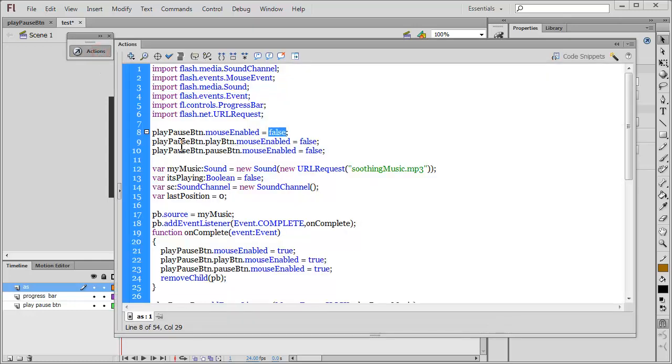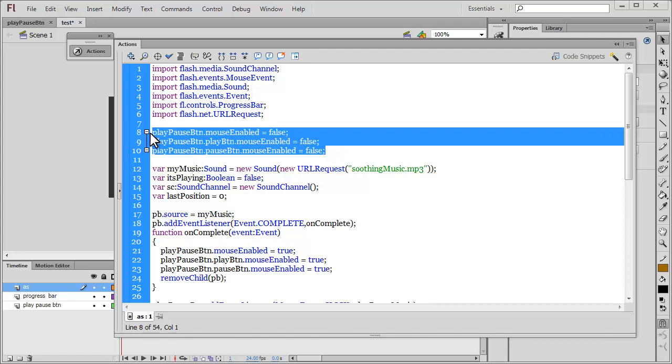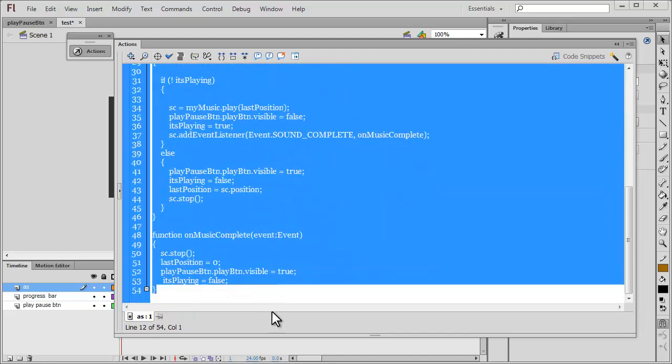Okay, people, notice that the play pause btn, which is actually a movie clip, has two more buttons inside, the play btn and the pause btn. And notice very carefully, I have disabled the mouse action on them as well using the mouse enabled property, setting them to false. So not only should the parent be set to mouse enabled false, the children items should be disabled as well using the mouse enabled property. All right, so what will happen here is a person will not be able to interact with the buttons at all. If I were to, from line number 12 till the end of the script,